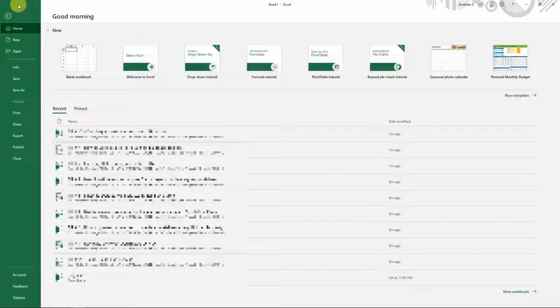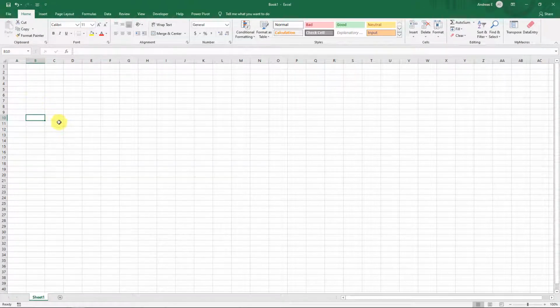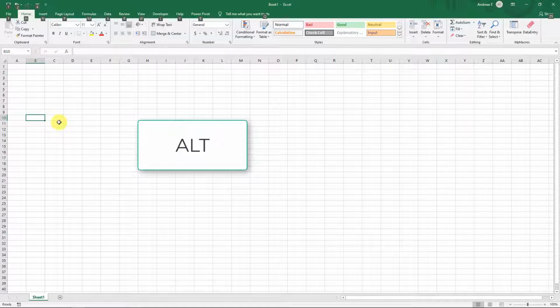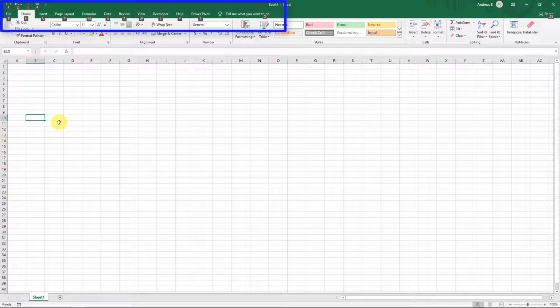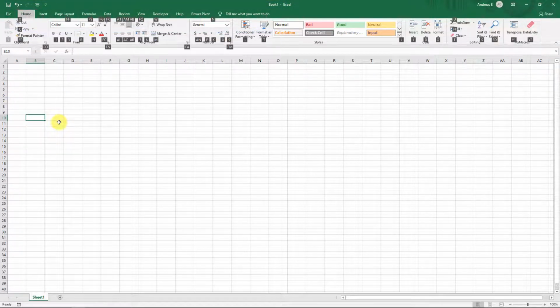Excel comes with a very beautiful way to access everything that is out there in the ribbon. Select any cell and hold down the Alt key momentarily. You will see that Excel shows you some shortcuts. For example, if you press H, you will activate the Home ribbon. Excel will show you further shortcuts like C for copy, 1 for bold, etc. It's a very popular way to learn the shortcuts that are available. Press Escape to go one step back.